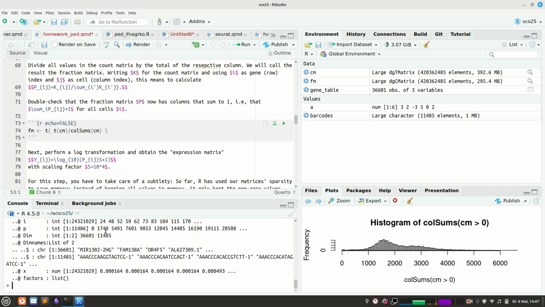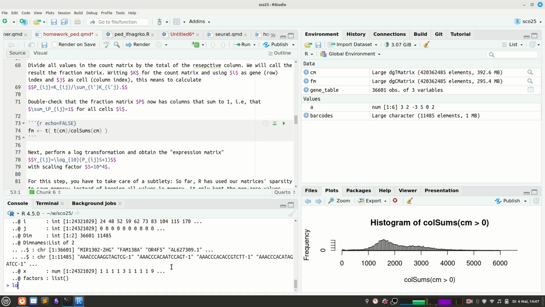That's good, because when we divided the zeros by the column sum, they stayed 0, and R was clever enough to notice this, or maybe not R, but the underlying C library for sparse matrices, and knew that zeros stay 0, so it can skip over all the zeros and only look at the non-zero elements in the ingoing matrix. But if I now take this one and calculate the logarithm, all these zeros will